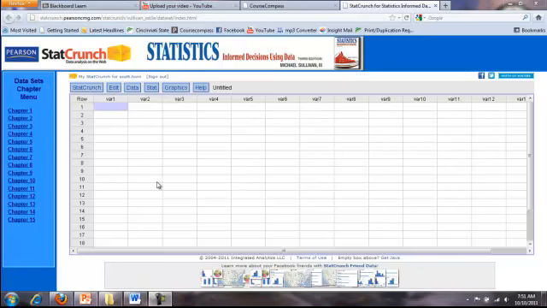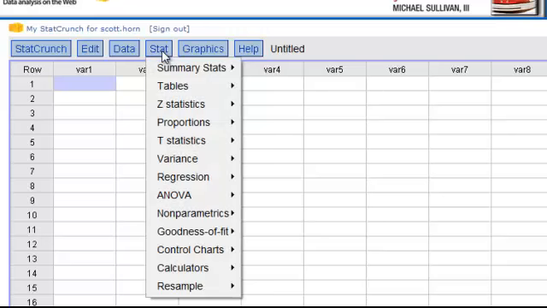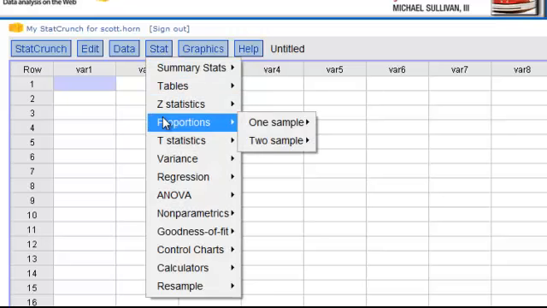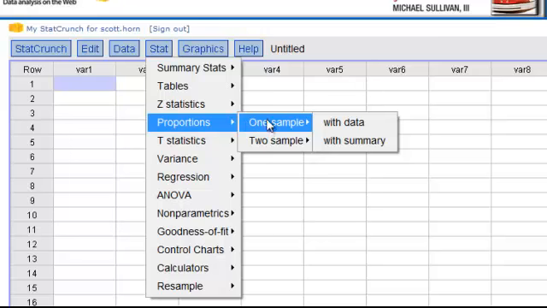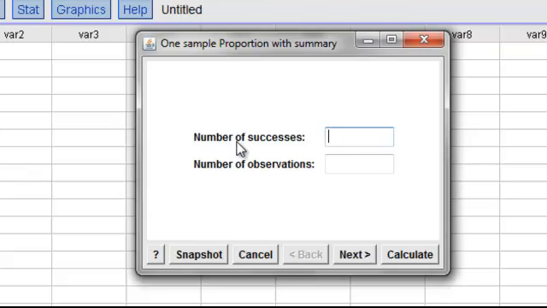Here we are in StatCrunch. To compute the 90% confidence interval for the population proportion, we go to Stat, Proportions, 1 sample with summary. Number of successes is X, which was 1,123. Number of observations is N, that's 1,783. We click Next,